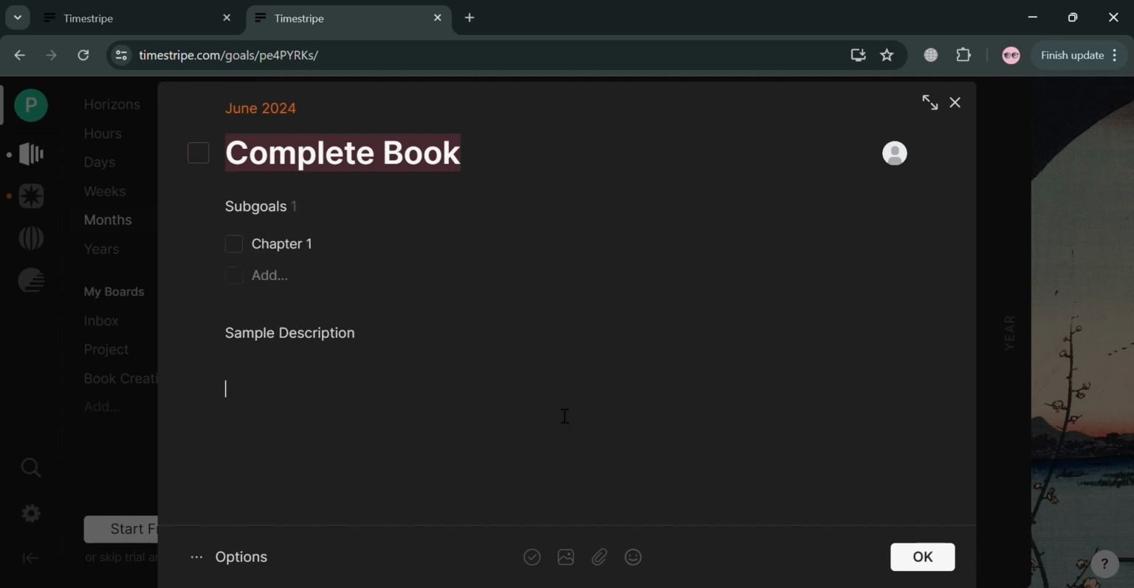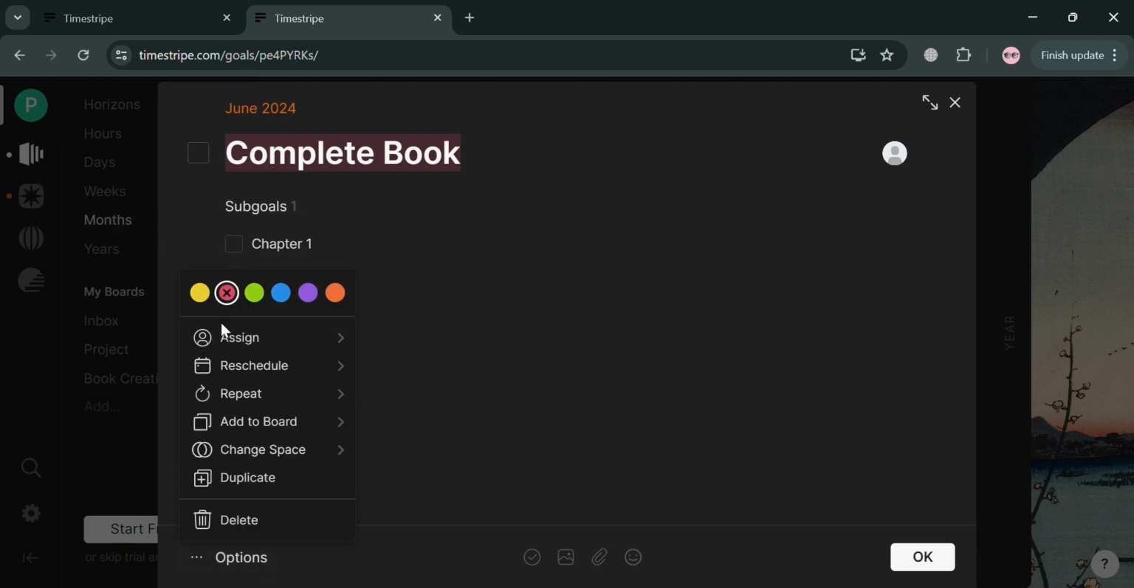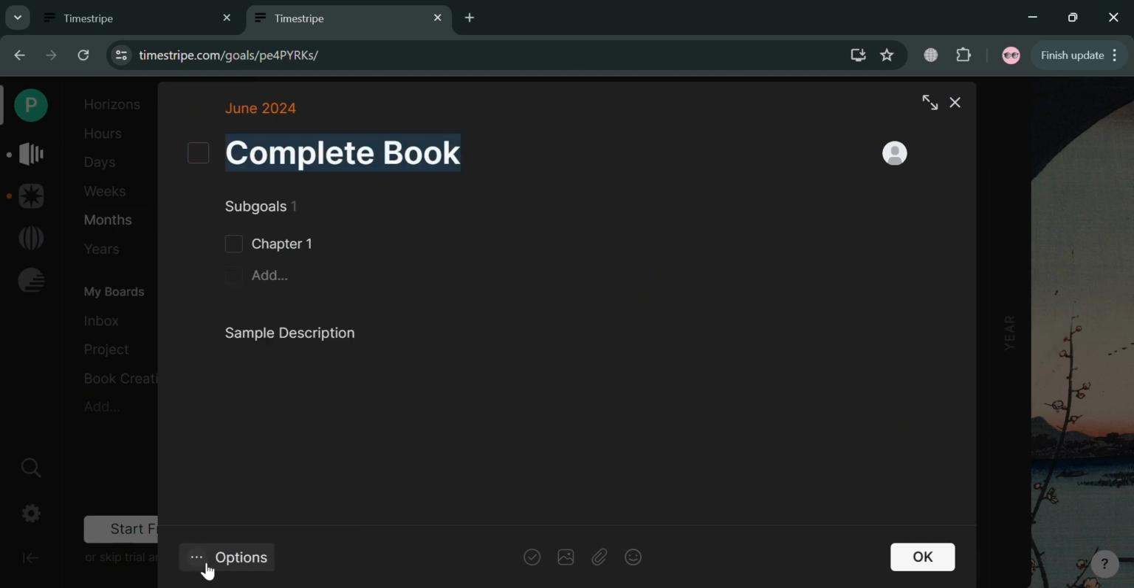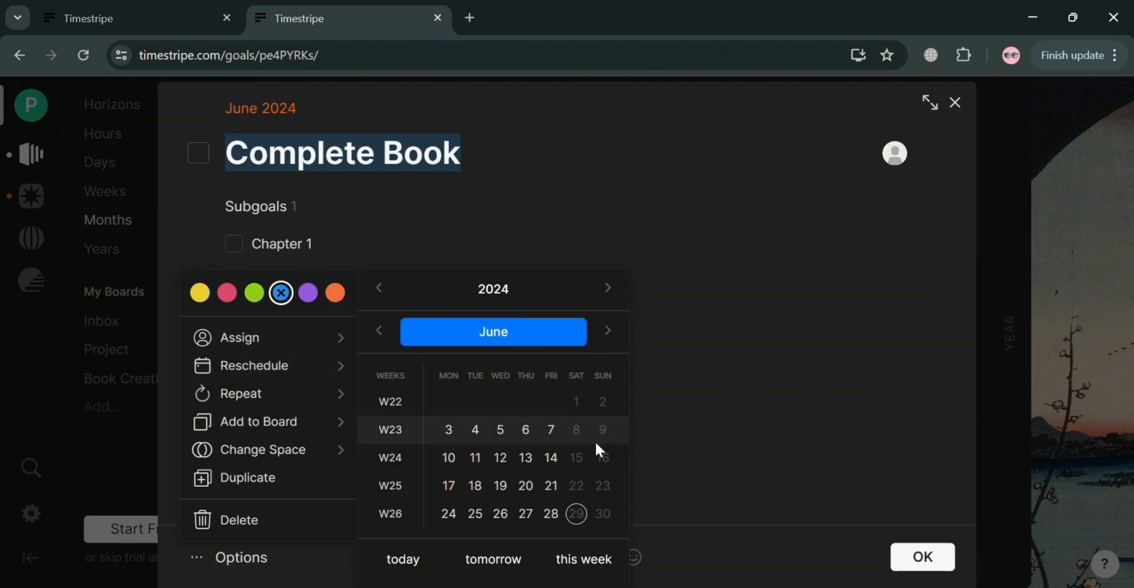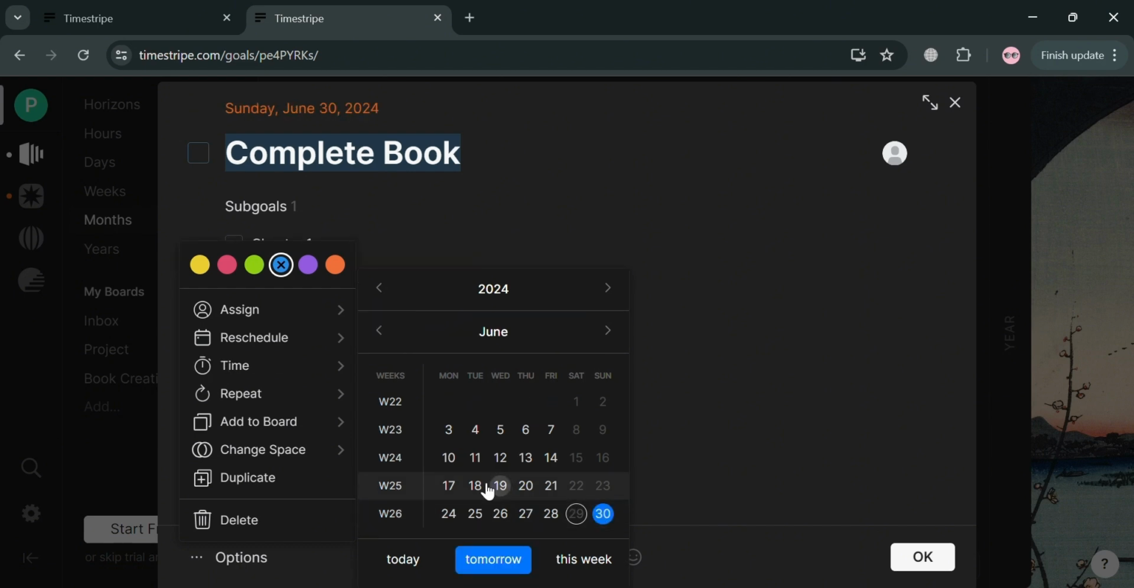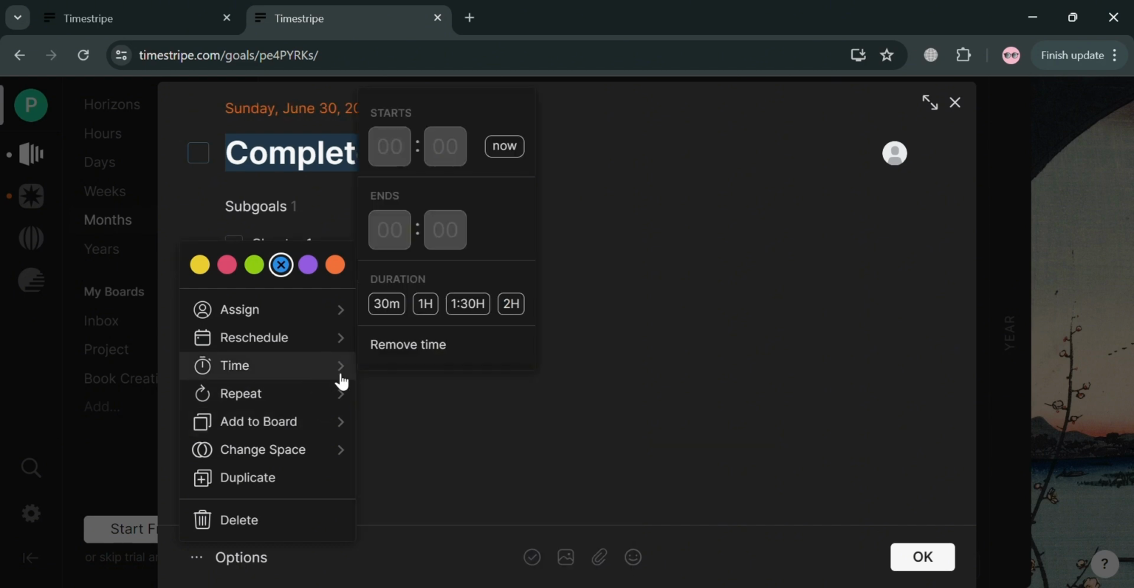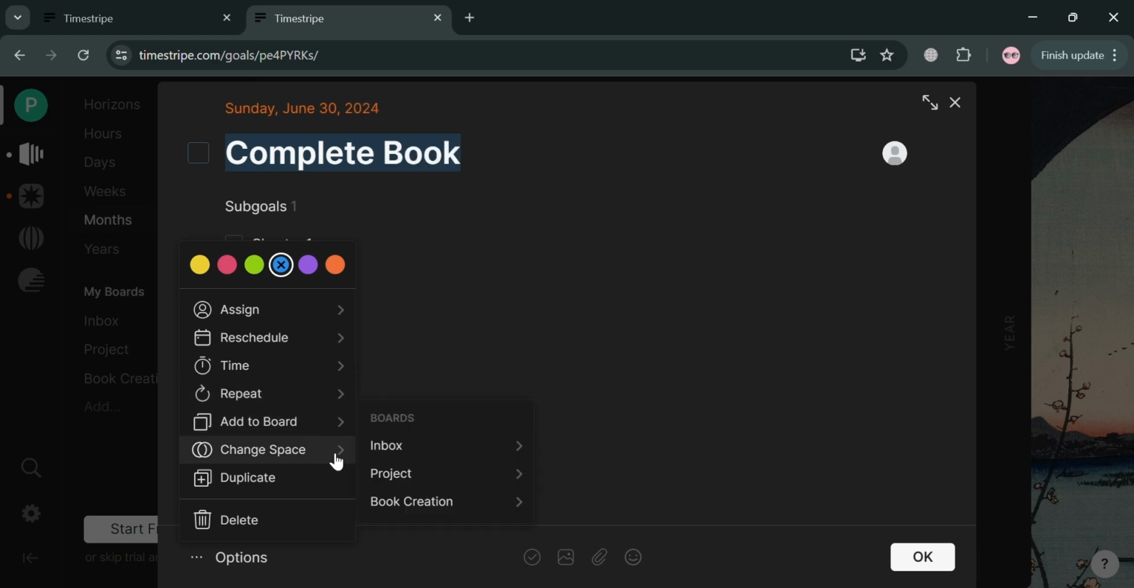For instance, chapter 1. And aside from that, below here, you could also click these three dots to change the highlight color of the text and to assign this to members of your team. You could also reschedule this note depending on your preferences to schedule the time or due date of it, or even make it a recurring event. Add to board, such as to your inbox project or book creation,